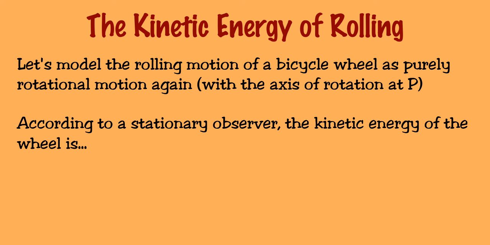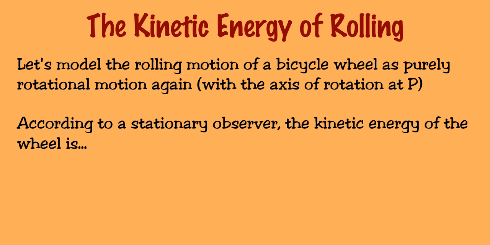In this video, we'll discuss the kinetic energy an object has when it's rolling. We learned that there are two ways of modeling rolling motion. We can model it as a combination of translational and rotational motion, or we could model it as purely rotational motion with the axis of rotation being located at the point P that's in contact with the ground. We're going to focus on this second model as we derive an expression for the kinetic energy of a rolling